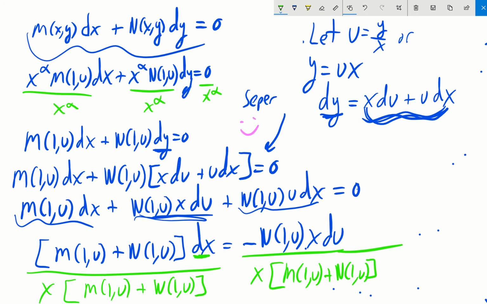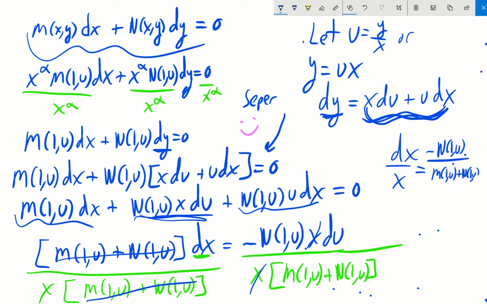And so in its nitty-gritty form, this is what we end up with. This and this cancel, so we get dx over x equals, over here, the x's cancel, negative n of 1 comma u divided by m of 1 comma u plus n of 1 comma u times u,